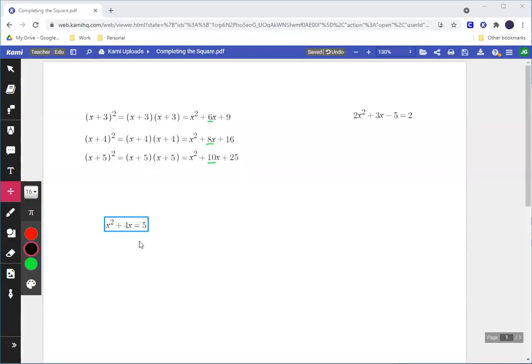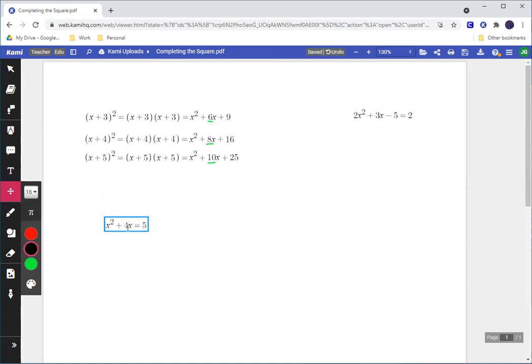So here I have another example, x squared plus 4x equals 5. And in this case, it's actually missing the third piece entirely. You can almost think, or you can think of this as plus 0. There's nothing here. We're missing that third piece entirely. So